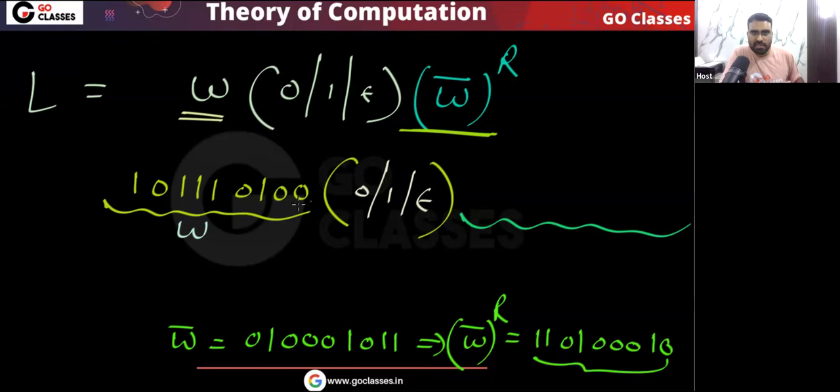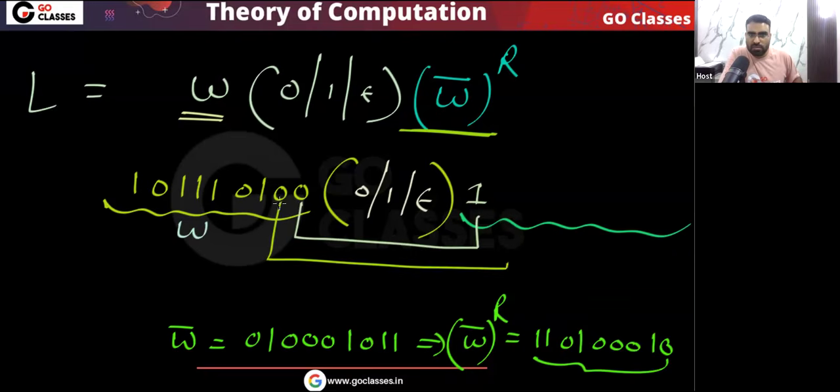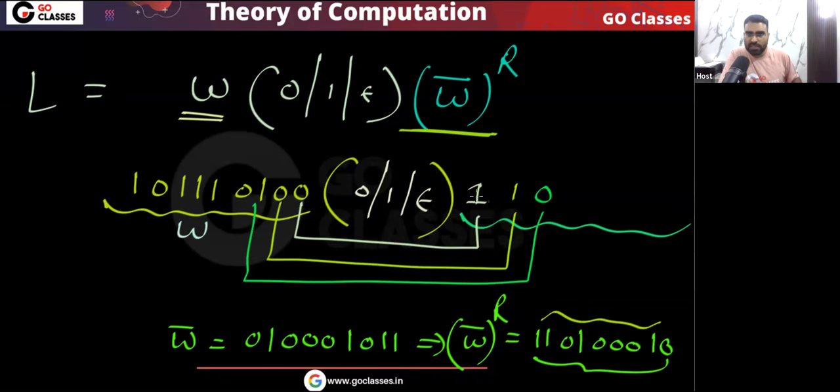Yes or no? And you can easily see if this is 0, this should be 1. Okay, so you can see this is 1. Next, you can easily notice that if this is 0, this should be 1. If this is 1, this should be 0. So finally you can write 1, 1, 0, 1, then triple 0, then 1, 0. Okay, understood? So this is the language of this PDA. Is this point clear?